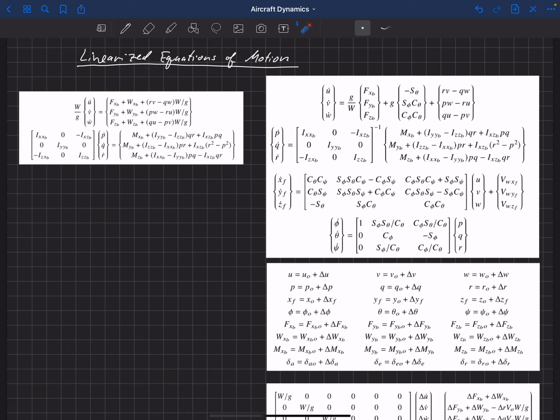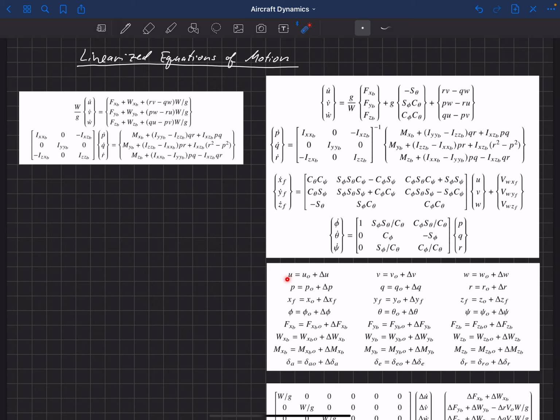But these are identical, okay? These six and these six equations are identical. It doesn't matter which way you write it, but we're going to use this form as we work through this. So the first step is to take each of our parameters within our equations of motion here and write them as a parameter at our known solution or a particular solution plus a deviation in that parameter relative to that known solution.